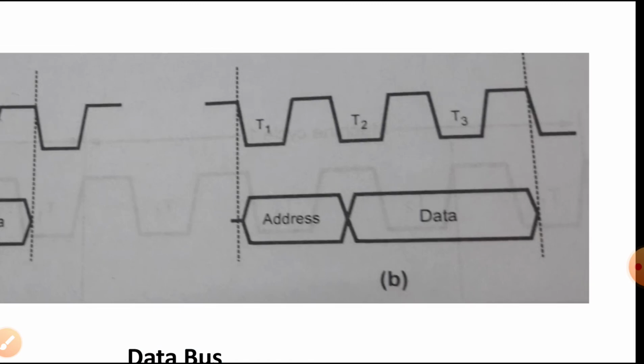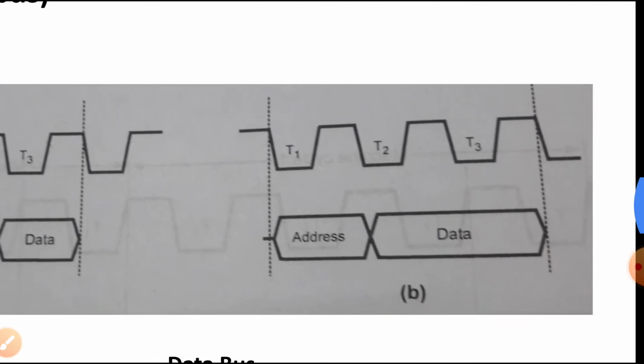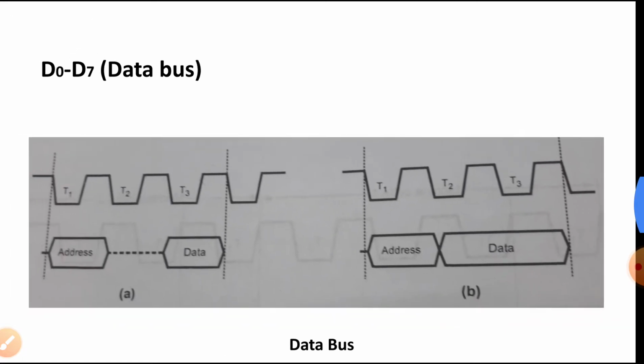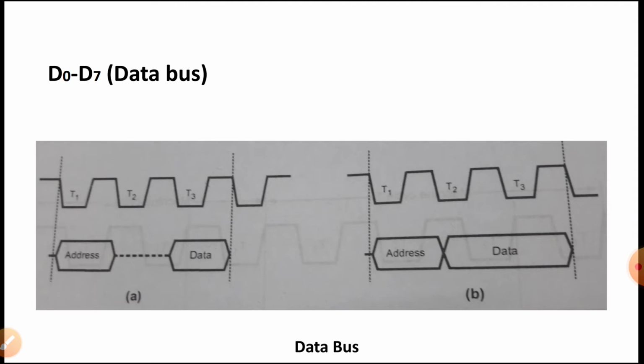After the selection is done, the device will put the data from the selected location onto the data bus. Now this action needs a finite time, and the time used for it is known as the access time. In case of the write cycle, data is available in the register of the microprocessor, and it can be put